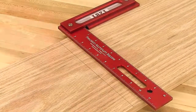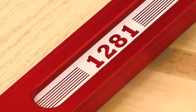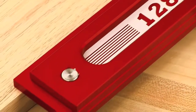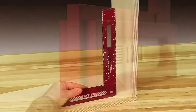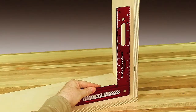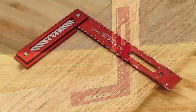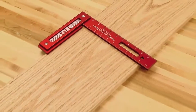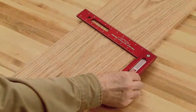your work. The handles of the square are attached with stainless steel pins for rigidity and alignment, and bring the overall width of the base to 3/4 of an inch. With that much mass at the bottom, the square easily sits solid, which allows for a hands-free check of cabinet parts. All the aluminum parts are anodized for surface durability, and the scales are laser engraved on each side in